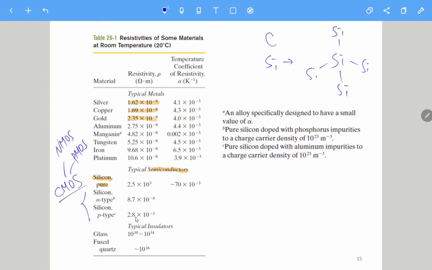So to get this, we can try to have some pure silicon, and then we make it some 5A element. We put some 5A element into the pure silicon, so-called doping. We put some 5A element into the silicon, so that there will be additional electrons as free electrons to improve its conductivity, so that you can see the resistivity for the N-type semiconductor is around 10 to the 7th power smaller than